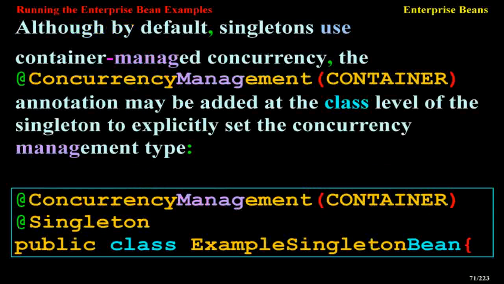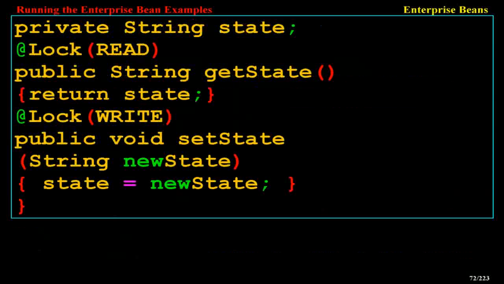Although by default, singletons use container-managed concurrency, the ConcurrencyManagement(CONTAINER) annotation may be added at the class level of the singleton to explicitly set the concurrency management type. @ConcurrencyManagement(CONTAINER) @Singleton public class ExampleSingletonBean { private String state; @Lock(READ) public String getState() { return state; } @Lock(WRITE) public void setState(String newState) { state = newState; }